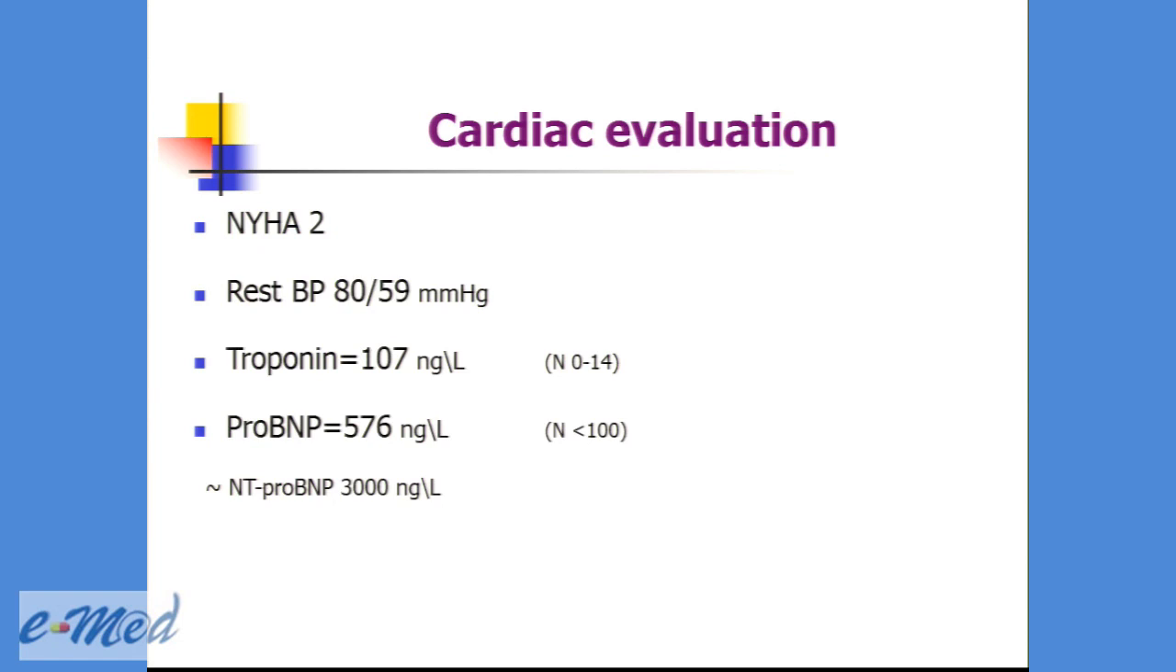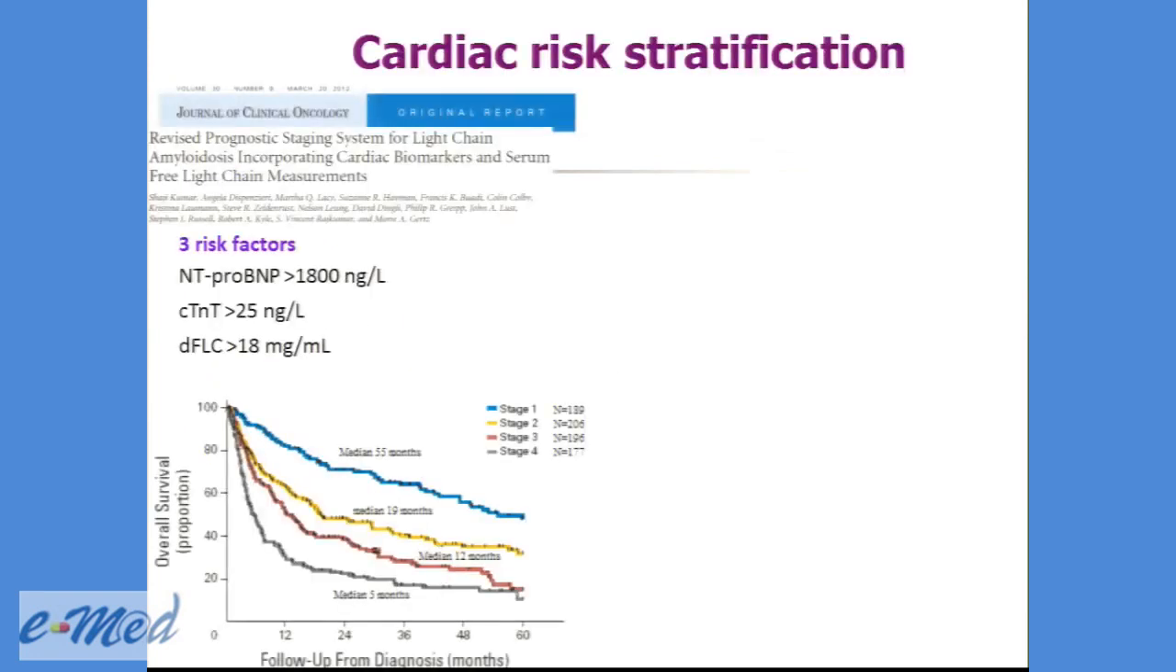And you have elevations of both cardiac biomarkers, both the troponin and the proBNP, which was elevated 6-7 times the upper normal limit. Just for conversion, we use the NT-proBNP. Most facilities in the world use the NT-proBNP, so it's roughly 1,300 NT-proBNP. Now, before we start treatment, we need to look at the outcome of this patient, and we have two